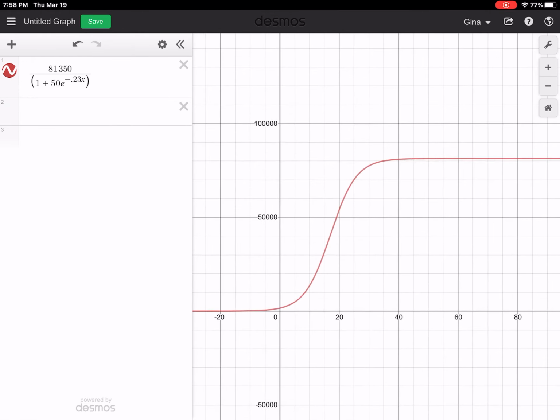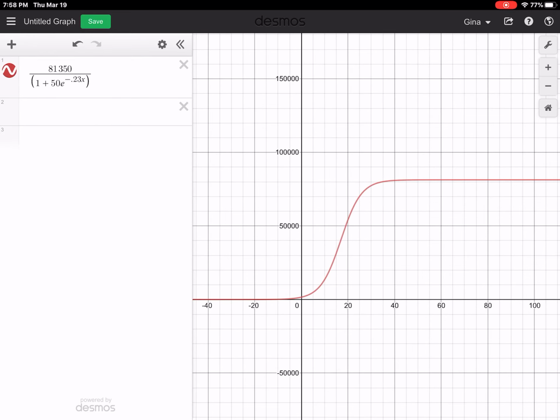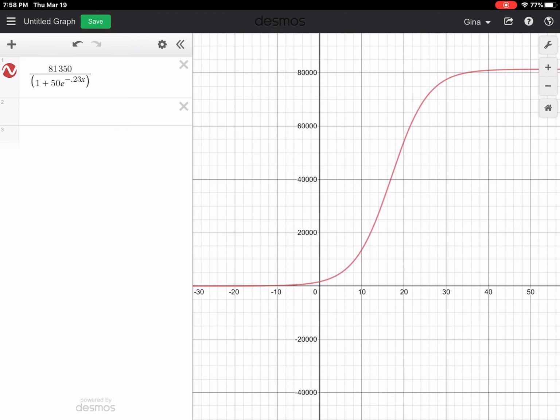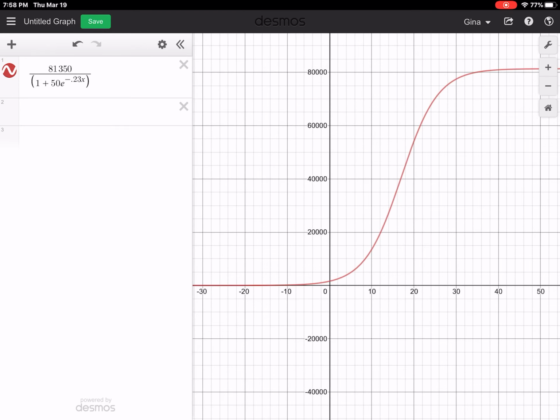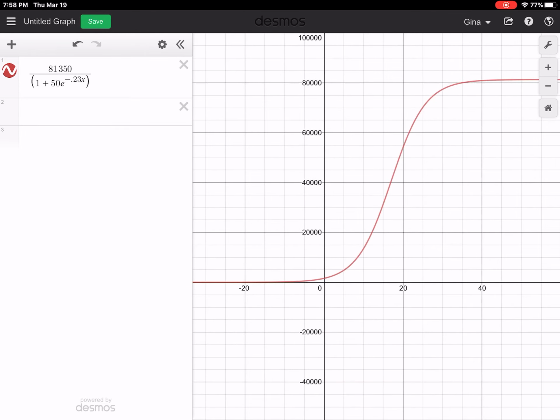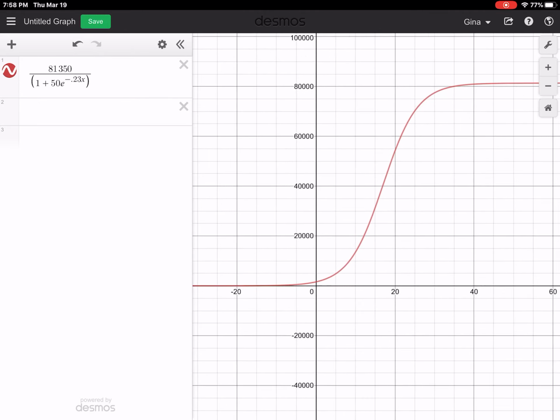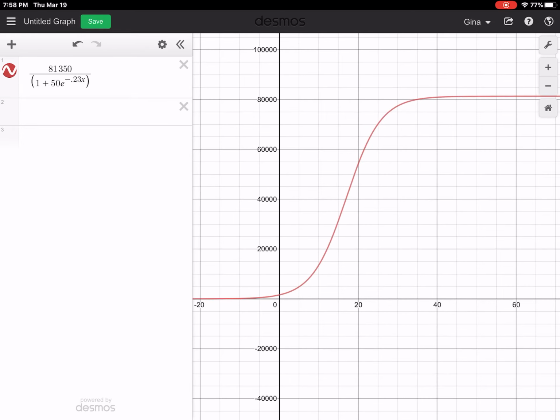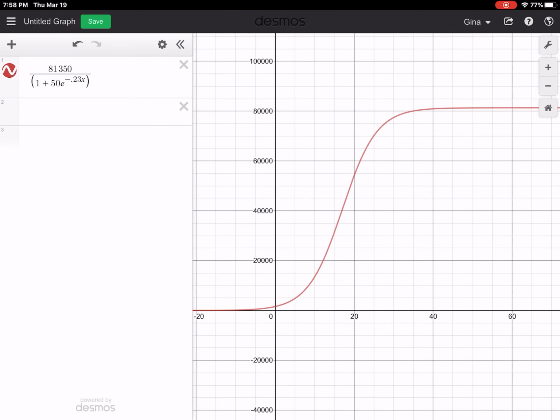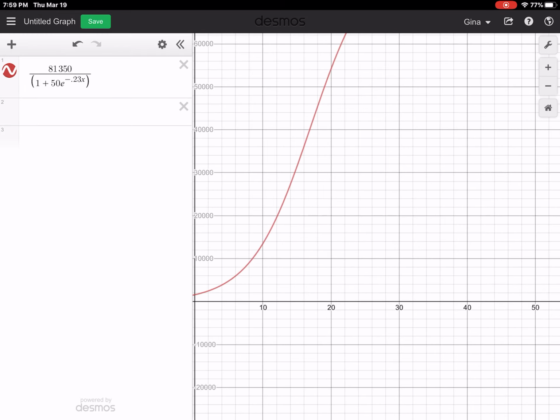This is a logistic function. You can see that it begins increasing, I can't really mark on this, but it begins increasing at a fairly slow pace as you go across. And as you continue to increase, you notice that it goes up exponentially until you get to somewhere around t equals,